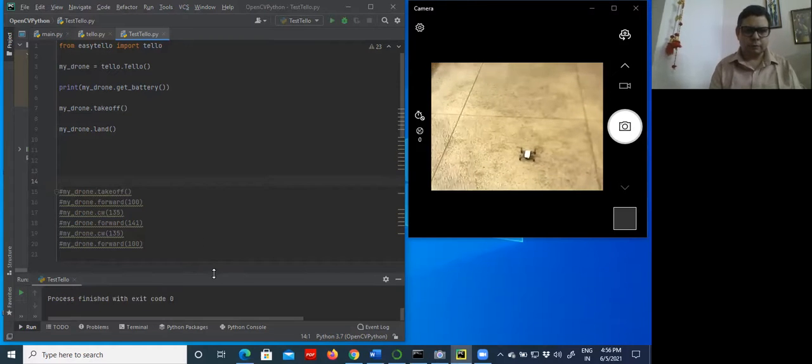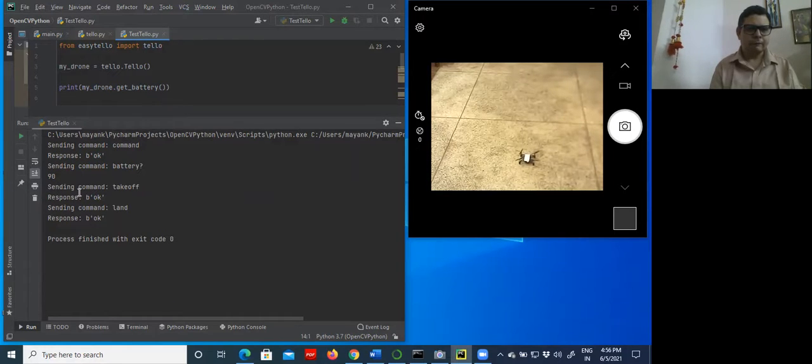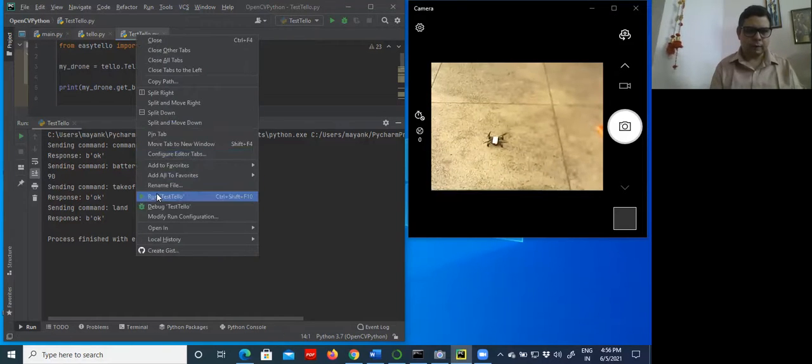In the response window, we see what has happened: the connection is okay, the battery command shows 90% of the battery, the takeoff command is okay, the land command is okay, and now it is finished.